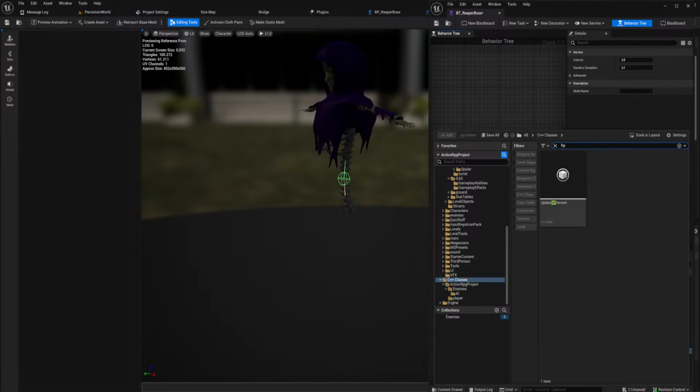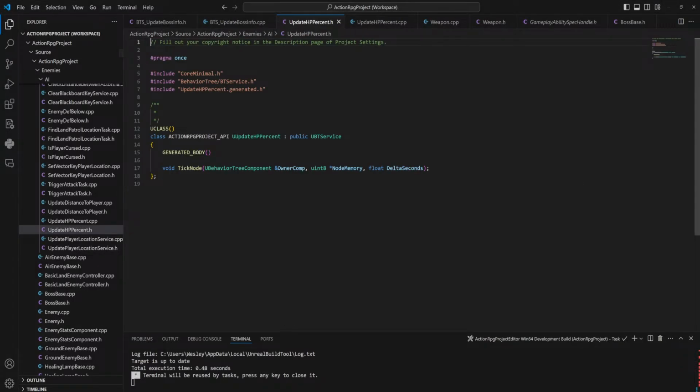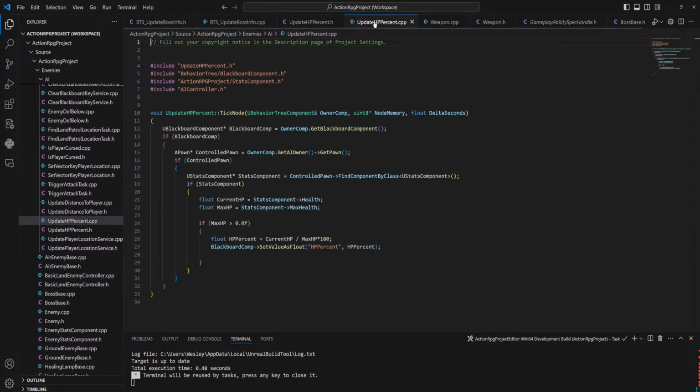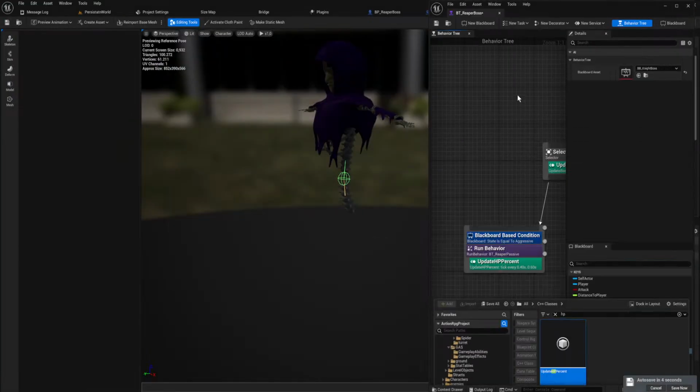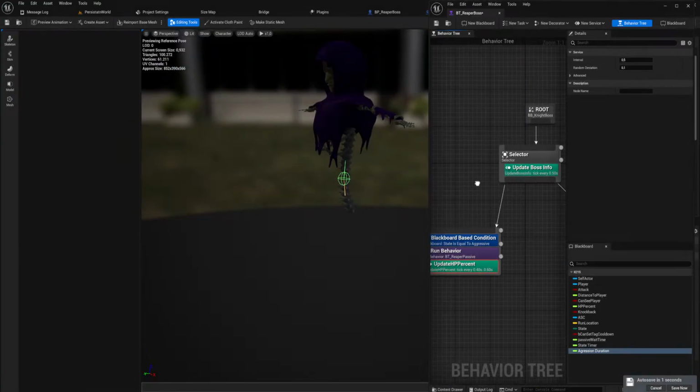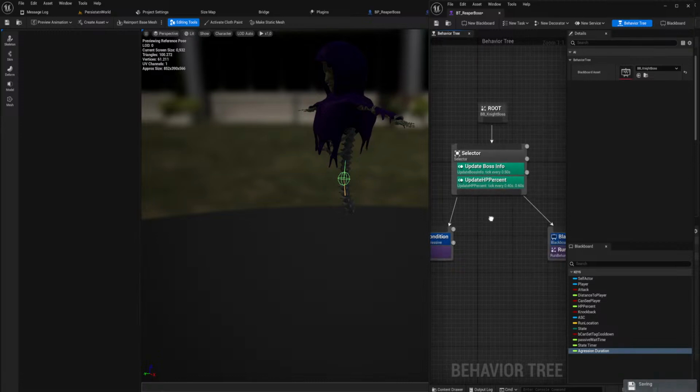Just look for HP. Update HP percent. Okay, so what does this do? It just gets the blackboard component, gets the pawn. Okay, so it just does all that directly. Let's try to run it with this instead. Maybe I should be updating it after. I don't know. Let's just...